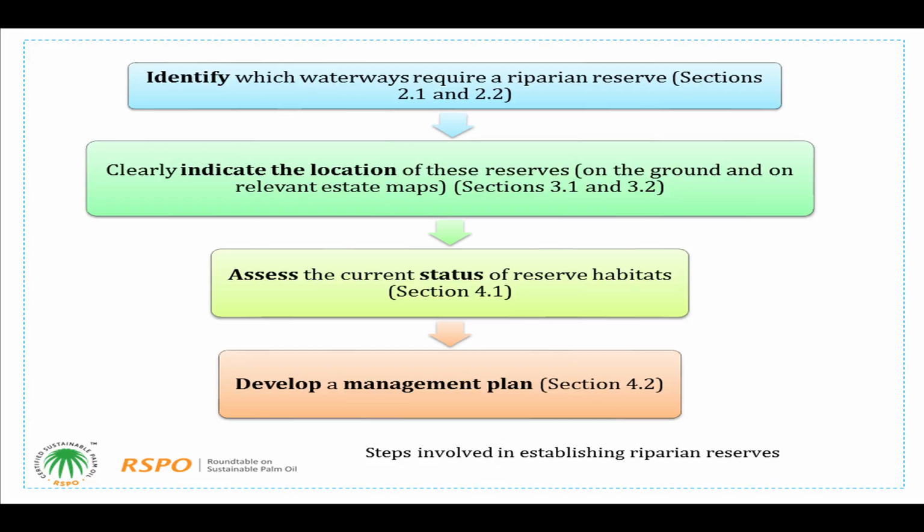So you have to develop a management plan based on why you want to and how you want to manage the area.